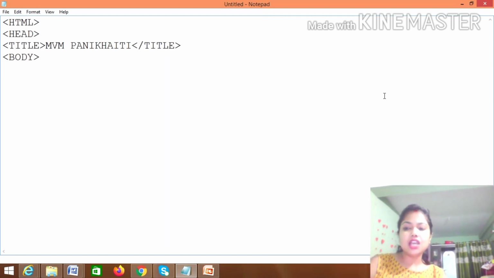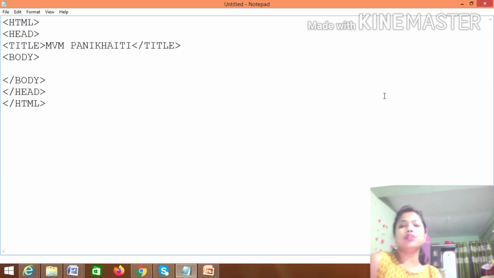In the body we will write about our school, as we are creating this web page for the website of our school, isn't it? Then we need to close body, and after body we will close head, and after head we will close HTML. So students, this is the sequence in which you need to write the tags.